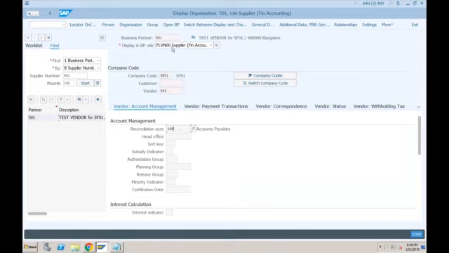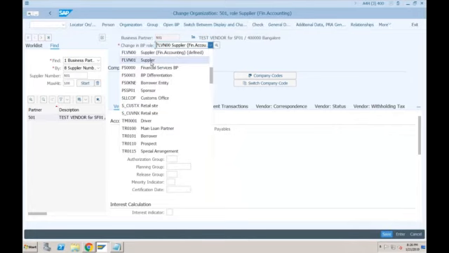Now you can see this vendor is only created for financial accounting. It is not created for purchasing; the FLVN01 role is still not created. If you want to create that role, first of all you have to go to change mode. Currently you are in display mode, which just shows whatever is created. If you want to change something, you have to click on switch between display and change. Here you specify which role you want to extend. I want to create this vendor also in purchasing, so I'll specify